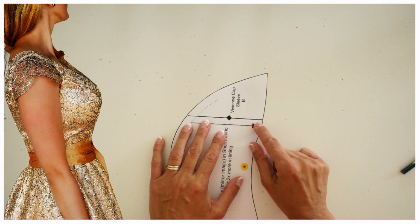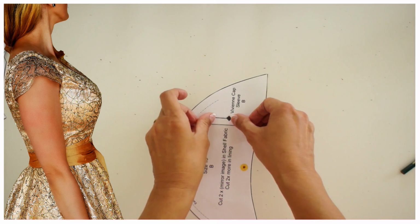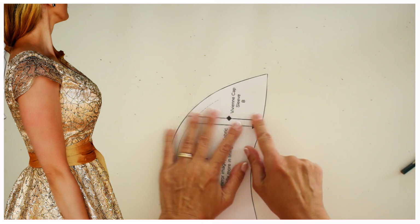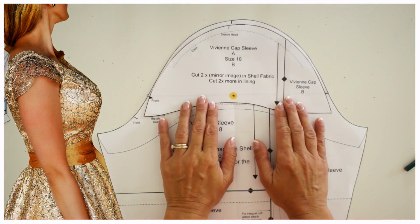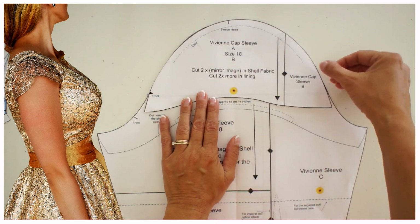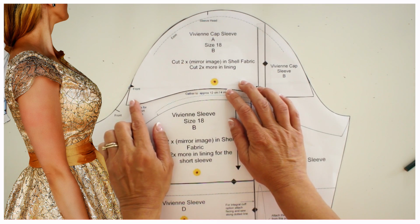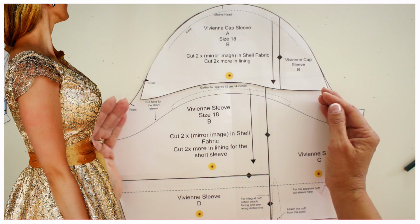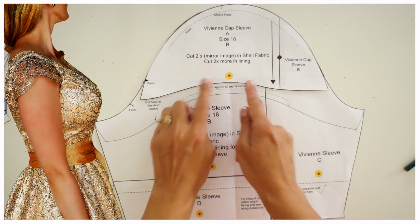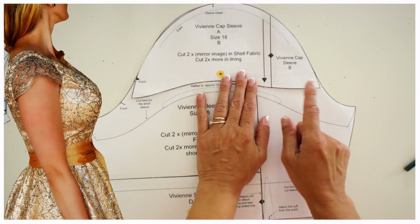See, the things you see just before you release your pattern. So you know that's also a sleeve bit. It says Vivienne cap sleeve, so you know that's what it is. If you put this over your other sleeve, you see that the top part of it is the same, but it comes in a little bit more on the side, and that's simply because otherwise it would be too much fabric here. Now here we're elasticating and here we aren't, and when you put your sleeve in as well, you